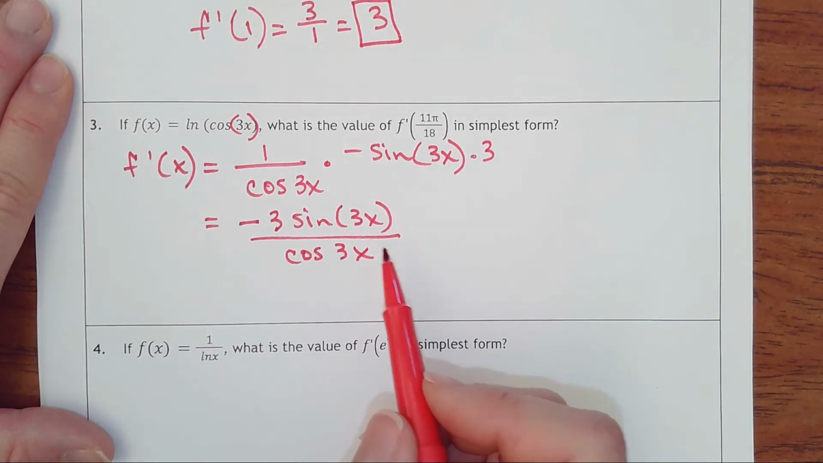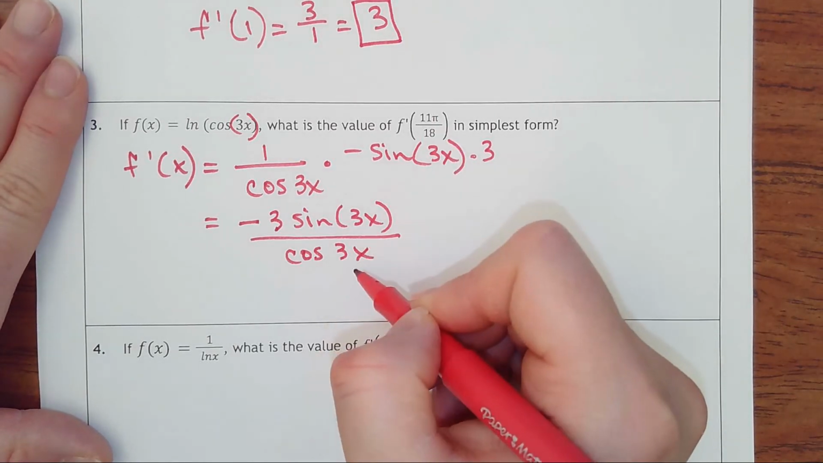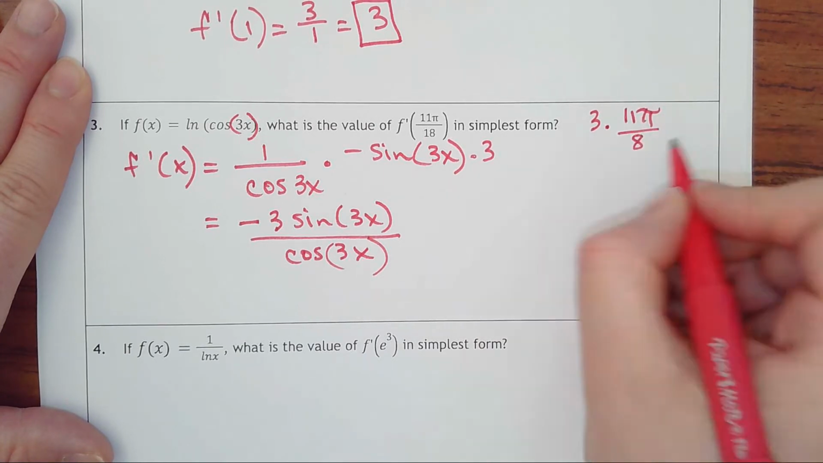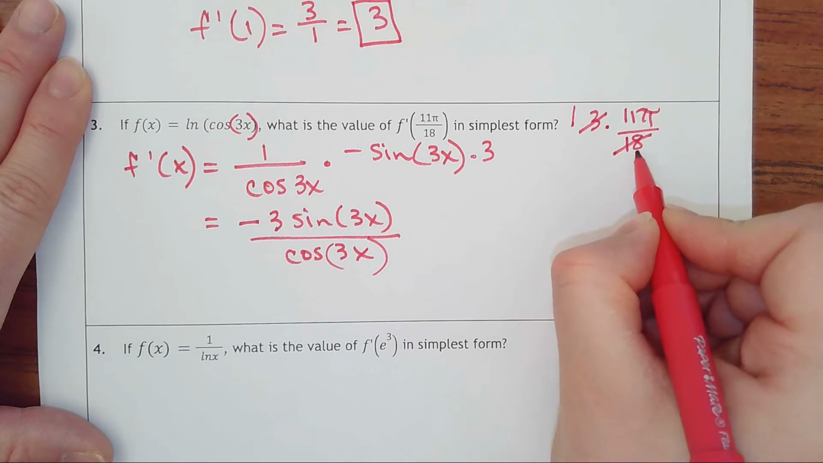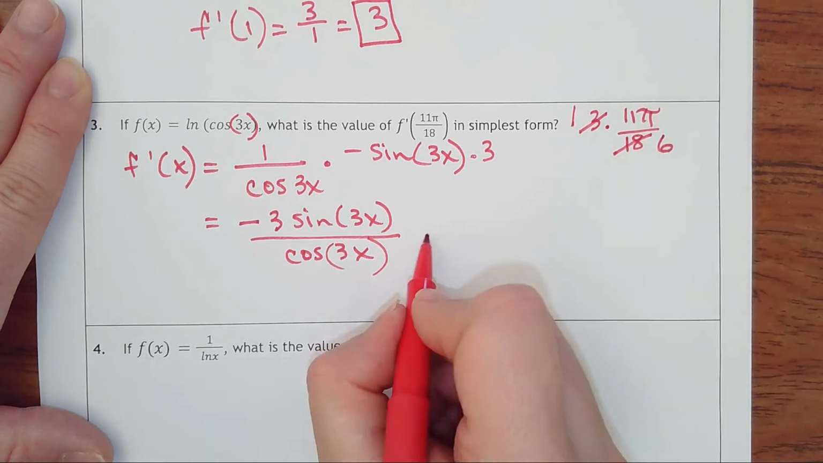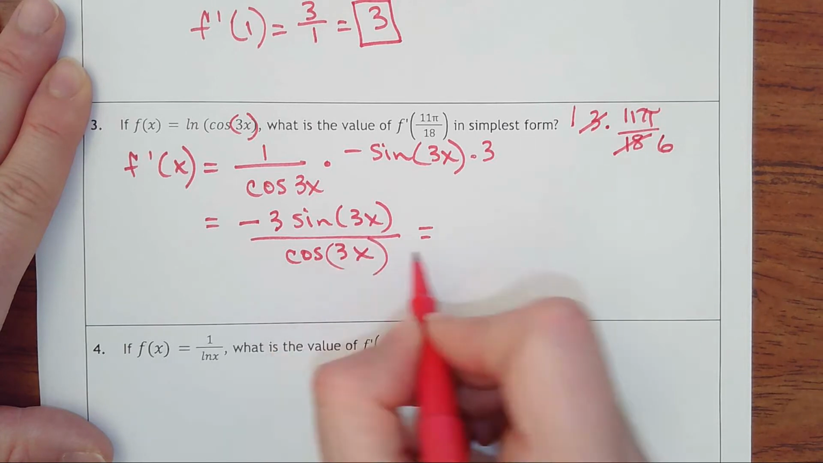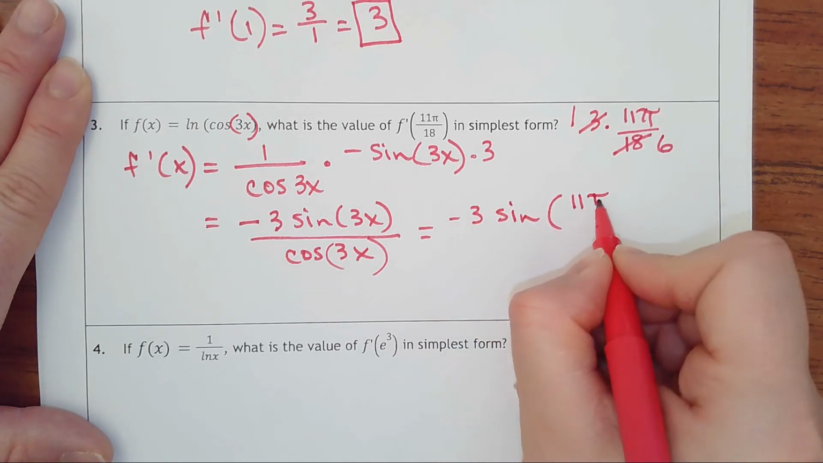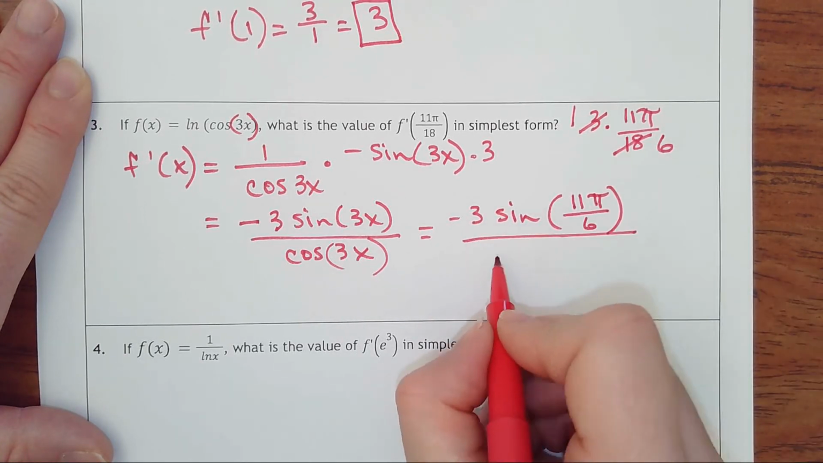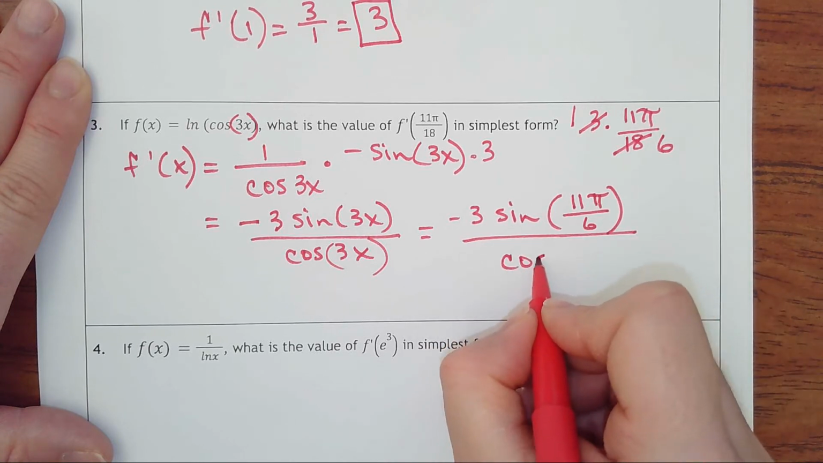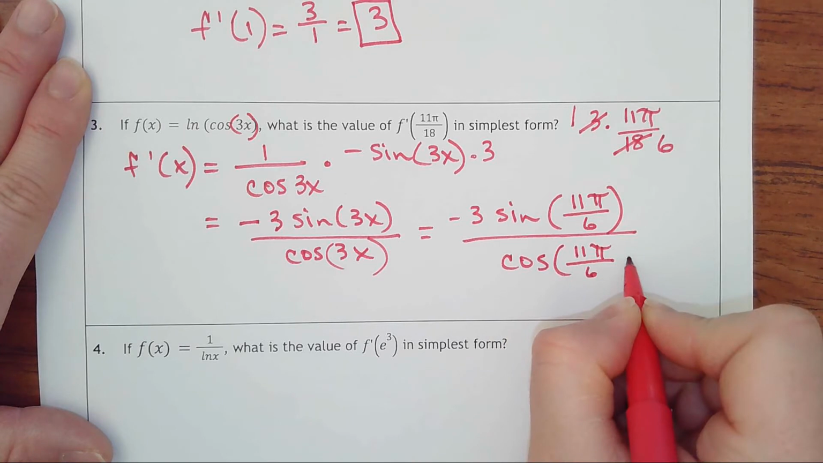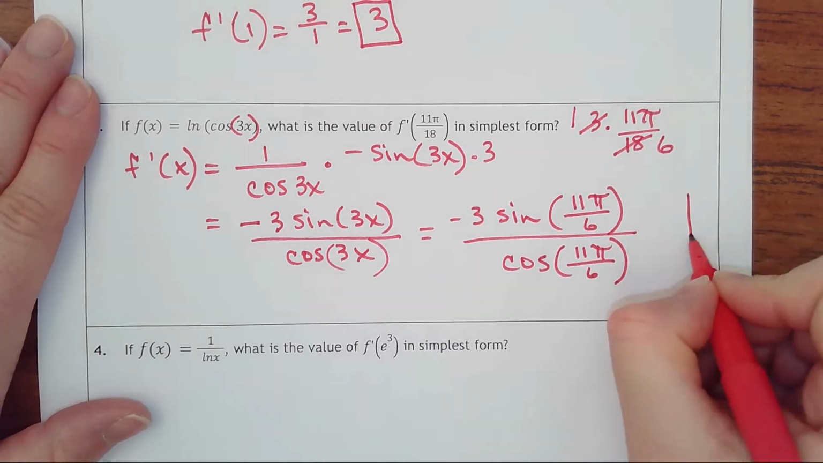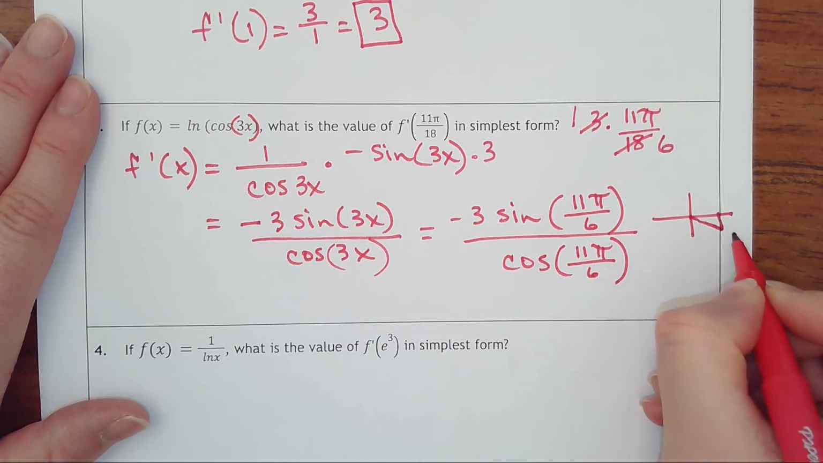And now we want to plug in our 3 times 11 pi over 18. So before I even plug that in, think about if I took 3 times 11 pi over 18. The 3 divides out of these numbers, 18 divided by 3 would be 6. So I'm really finding at 11 pi over 6, that might make it easier to go and plug that in. So it'd be negative 3 times sine of 11 pi over 6 over cosine of 11 pi over 6. And so you might need your unit circle, but that's going to be all the way to here,